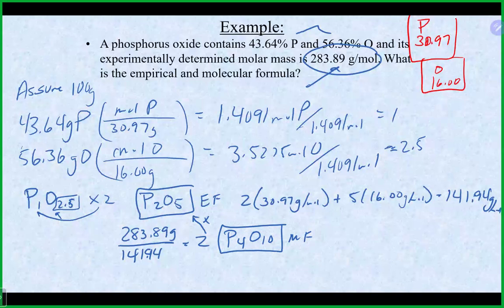All right. Before we move off of this problem and molecular and empirical formulas, I do want to show you an alternative way that you can figure out the molecular and empirical formula if you have the percent composition by mass given to you. If you have the percent composition by mass and the molar mass of the compound, and it's maybe not a range of molar masses, but you could probably still do it with a range. But if you have the number like we do in this situation,